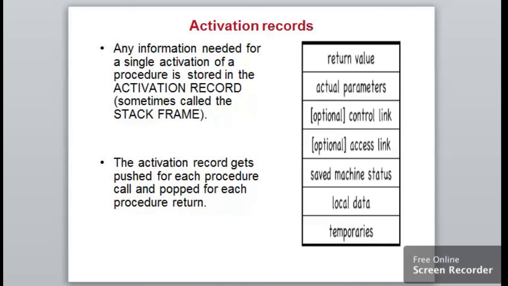The control stack holds those procedures that are in activation. Those activation records exist in the stack area of the runtime memory that has been allocated by the operating system for managing the execution of that program at runtime. I hope this is clear for the topic of storage allocation. My next video will be on the storage allocation strategies, and how we are going to manage those allocation strategies.